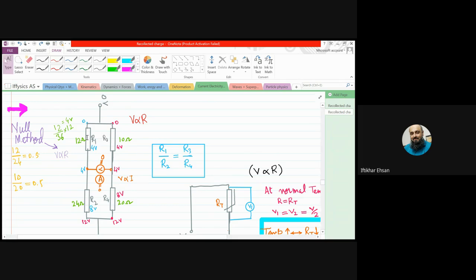Whenever two series combinations of resistors are connected in parallel with each other, and the voltmeter or ammeter in the middle, connecting the middle of both combinations, is giving null or 0 reading, then R1 over R2 will be equal to R3 over R4. And how will this be asked? In a past paper question, you will be given the values of some resistances and R4 will be asked. So you put in the values of the others and calculate the next using this ratio. Can you keep it in mind? Clear?